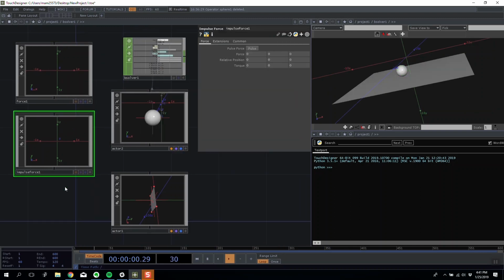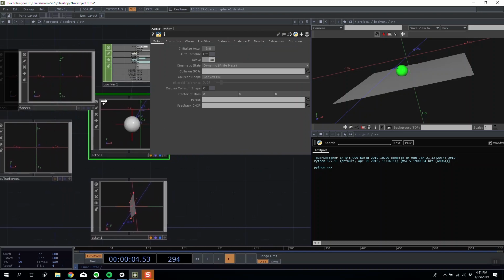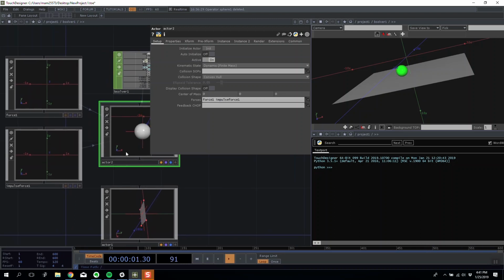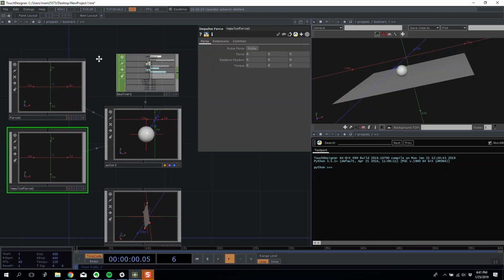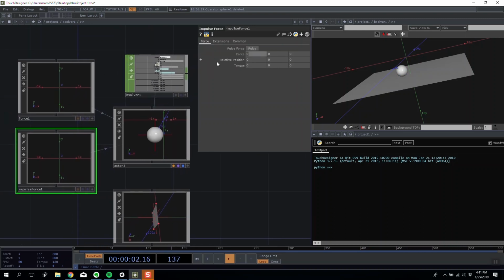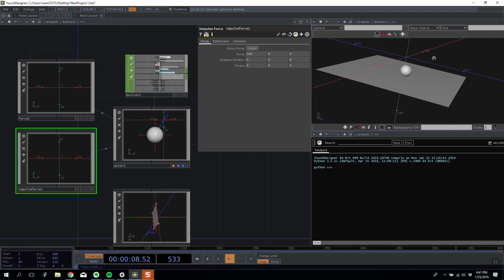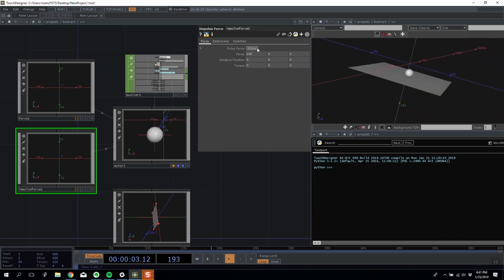After we've loaded in a force, what we need to do is connect them to our object. So I'm going to connect my force 1 and my impulse force 1. And now our actor is ready to accept us leaning on it or us pushing it. So if I give you a practice example of an impulse, I'm going to do an X force of 100, which means that it should move on the positive X axis with a 100 unit force going to the right. So if I pulse it,